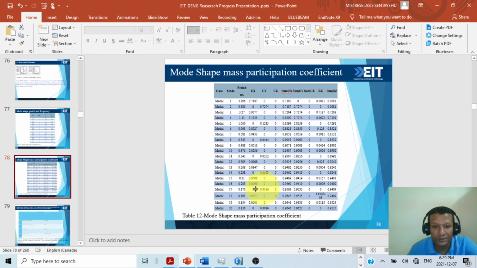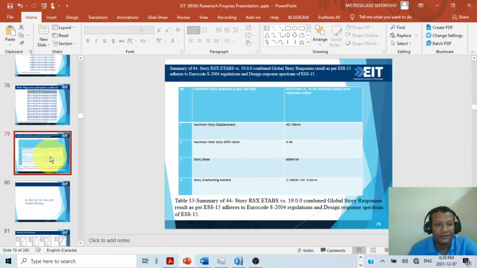So you can go this way to see the result. This is the overall output of the response spectrum analysis. We can find it in the x and the y, because I defined the response spectrum in both x and y, as per the Ethiopian building code, type 1 response spectrum. So this is the maximum story displacement,